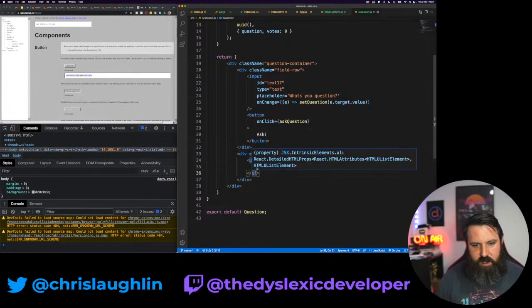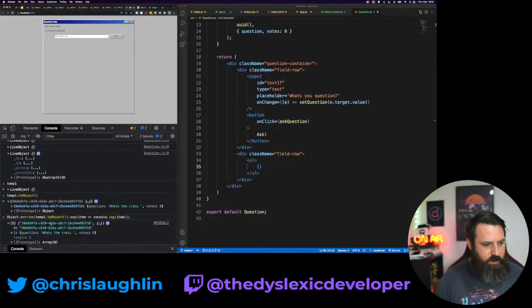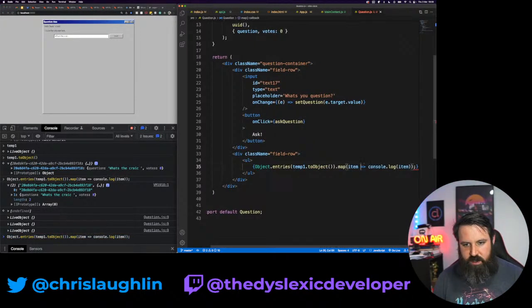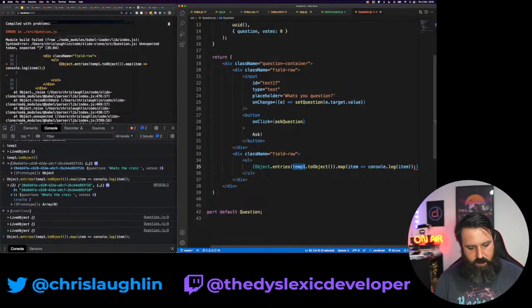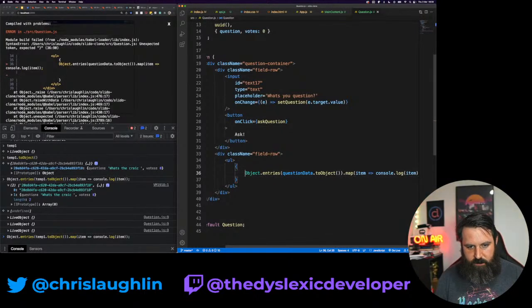So in here, I'm going to say, not that tab, this tab, and let's copy paste this across. So instead of temp1, this is going to be questionData. And we'll new line because it's React and I'm pedantic.